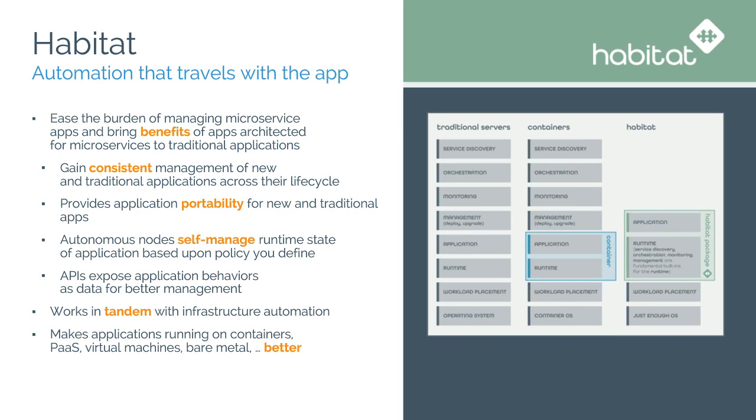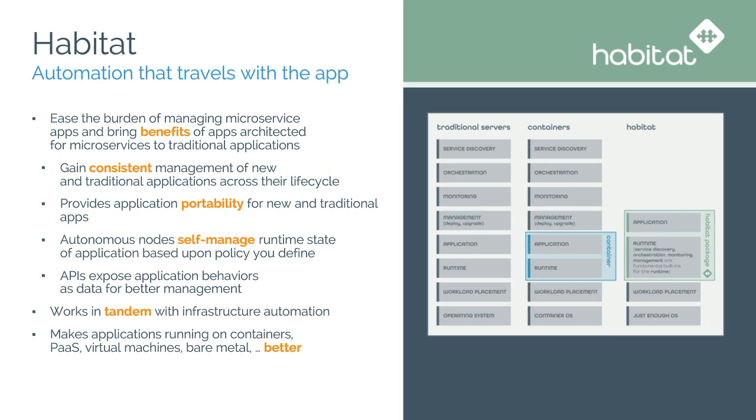And what I mean by that is when a developer uses Habitat, they have the power to express how the application that they're building needs to be managed, how it needs to be installed, how it needs to start, how it needs to be monitored, what kind of external information it needs from service discovery mechanisms, what kind of topologies this application is supposed to run in. The developer using Habitat is empowered to express those application requirements, application runtime requirements, really. And once they build that application, it will run, and it will run in an automated fashion based on the capabilities that the developer has expressed for the application.